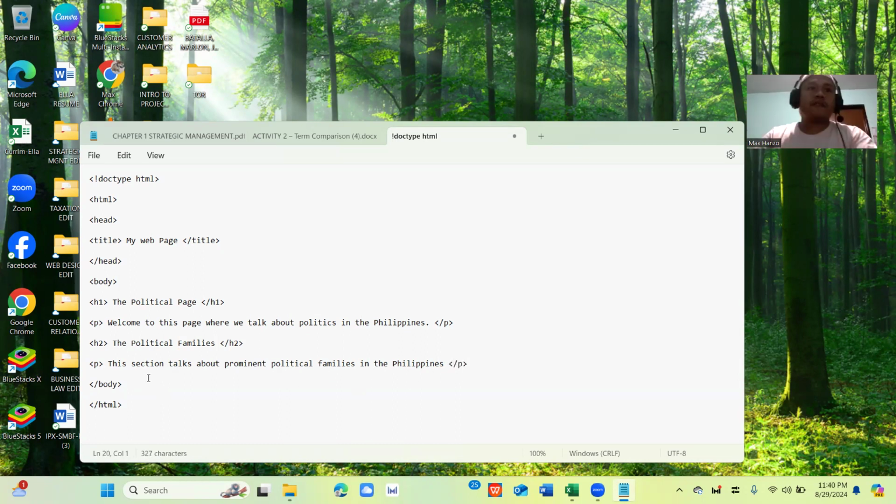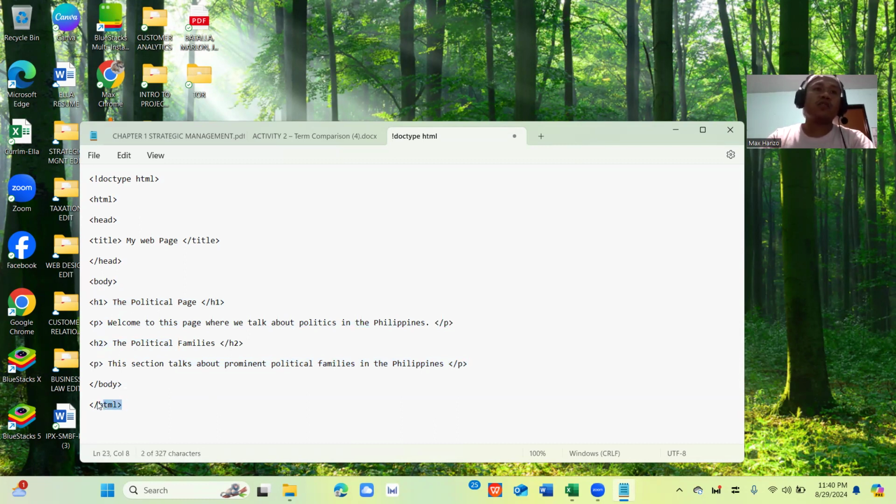If you notice, we opened this with an opening tag of body, and this is the body or the contents of the page. So it's just right that the closing tag is right here, right? So these are placed in between the opening and the closing tag of the body.